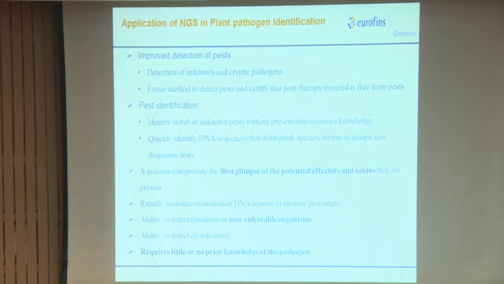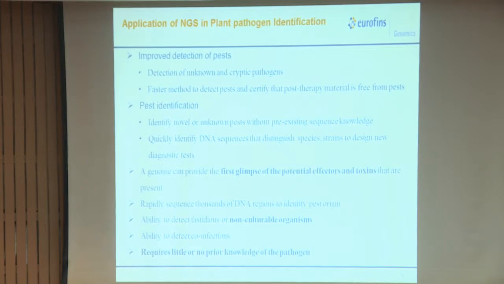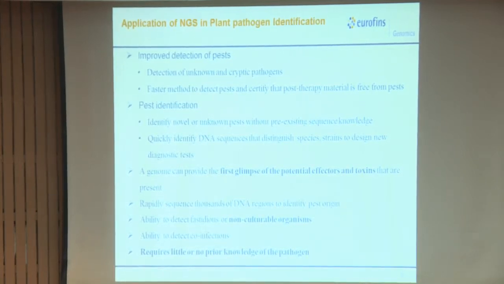So, if it is more than one also, we can do metagenome and identify. So, that is the strength of NGS there, right. NGS can do all this. Sanger sequencing, which we have taken classes on in different sessions, cannot do it when you have more than one species, but NGS can do it and identify which organism it is. If not which organism, it would at least let you know that it is a non-culturable bacteria. That is the strength. So, these are major applications wherein this plays a role to identify the plant pathogens.